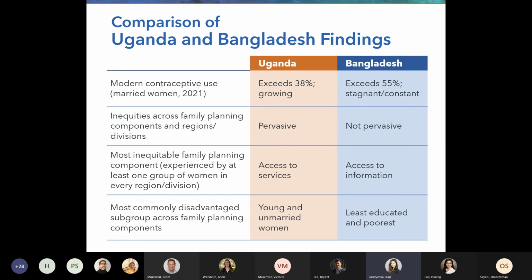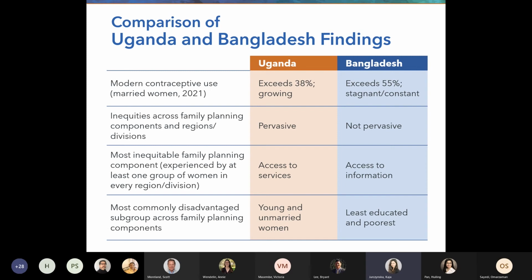So the next row, you can see that inequities across family planning components or regions are actually pervasive in Uganda, but they're very rare in the case of Bangladesh, and you'll see that on a map in just a moment. In terms of the components of family planning that are delivered most inequitably, for Uganda, it's access to services. So your interactions with healthcare workers and the extent to which they tell you about family planning. And in Bangladesh, that's access to information, and that's proxied by or measured by your exposure to family planning mass